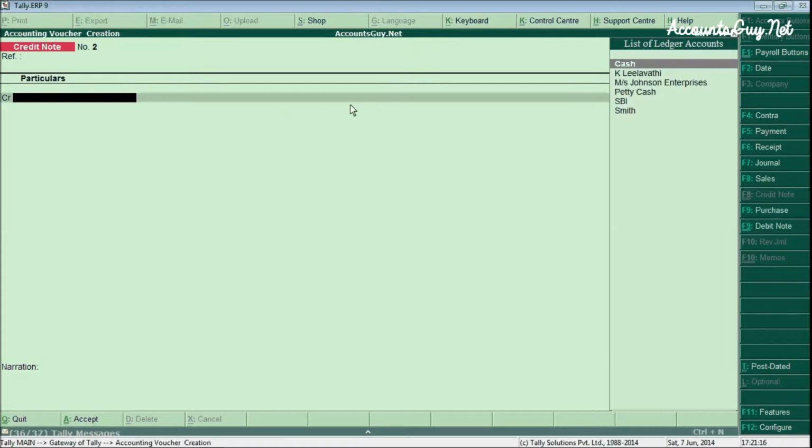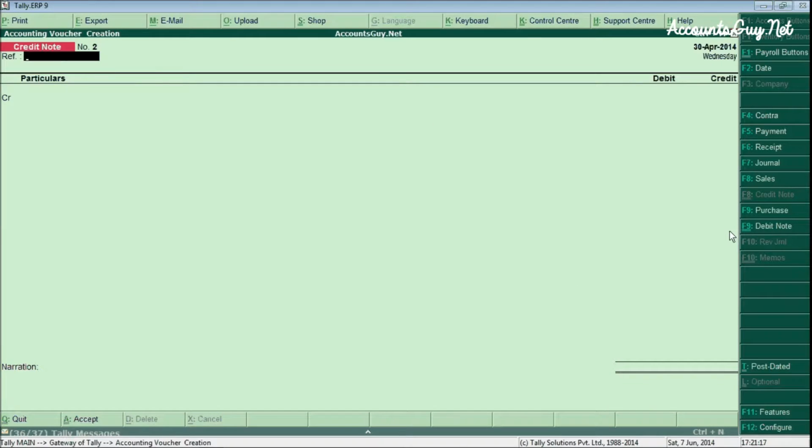So far we have recorded the various accounting transactions using the receipt voucher screen, payment voucher screen, contra voucher screen, sales, sales return, purchase and purchase return.